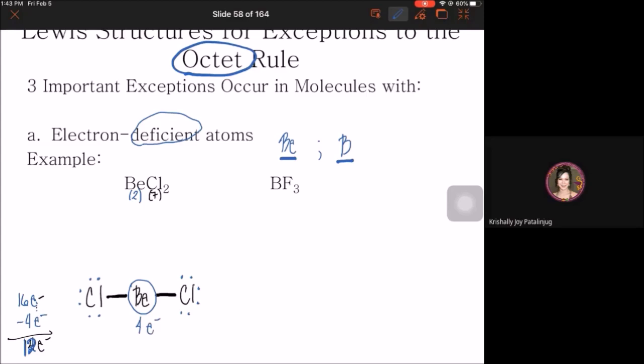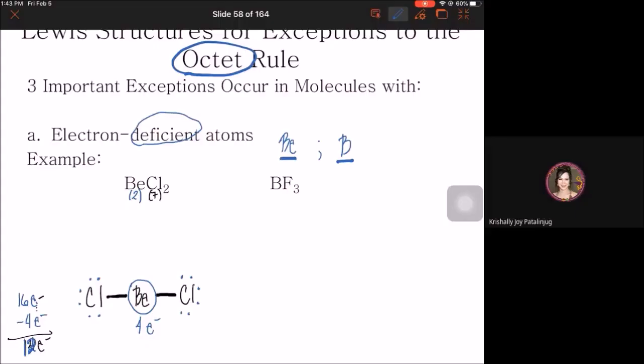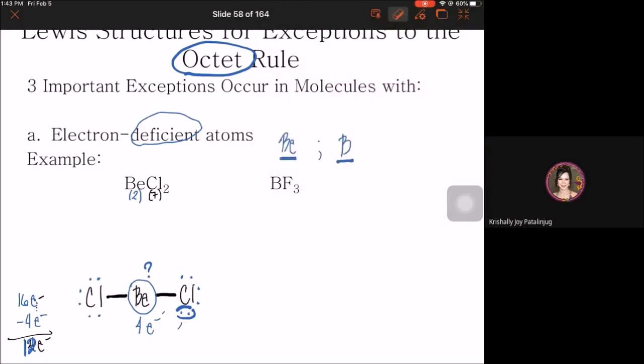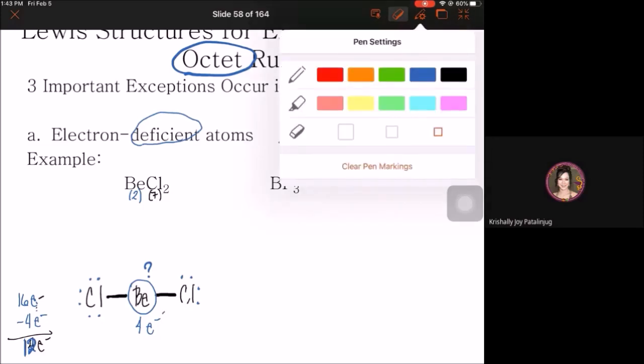Now, what if, ma'am, pwede ba naming i-apply dito yung fifth step in writing Lewis structure? Di ba may fifth step na kapag hindi na-attain ng central atom yung octet, kukuha tayo sa surrounding atom na lone electron, then gagawing bonding pair. Well, in that case, hindi po yan applicable for beryllium. Kasi, if you recall,